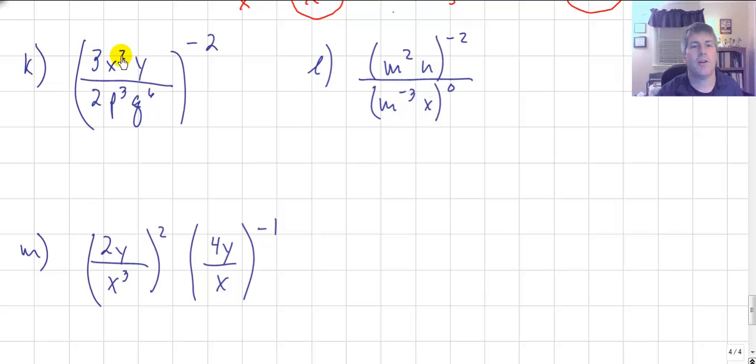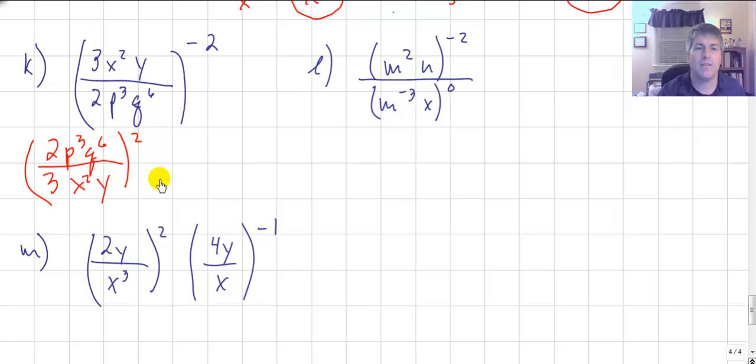Looking at problems that are a little bit more complicated. Now we've got this entire quantity raised to this negative second power. We could impose the negative second power on every one of these factors. The other thing we can do is we can flip it. This is also 2p cubed q to the 6th over 3x squared y, all to the positive 2,